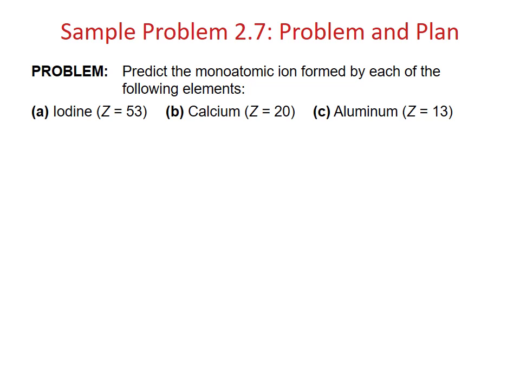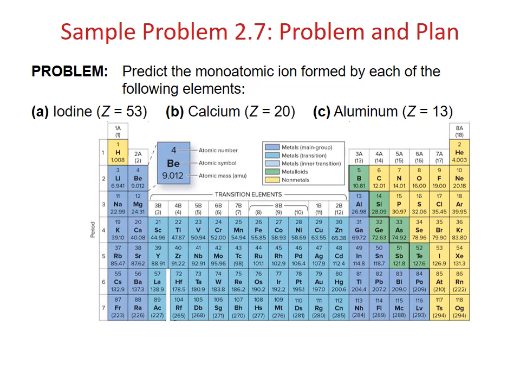Sample problem 2.7. Predict the monatomic ion formed by each of the following elements. To answer this question, we need to have a periodic table. So here is a periodic table, and for A, iodine, Z is 53, the atomic number 53. So in the periodic table we can locate Z 53 right here, and we can see iodine is group 7, and as we learned, group 7 is